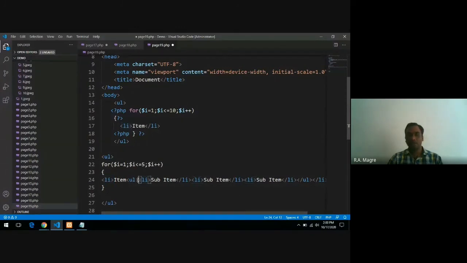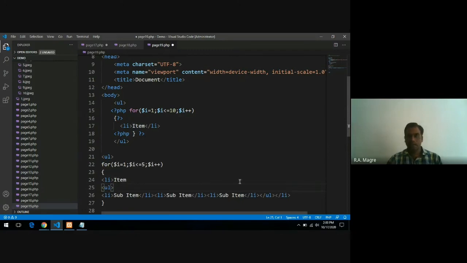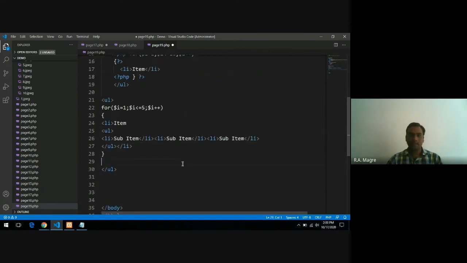Now again here you see the unordered list. This unordered list is printing some sub items, and to print these sub items I will take one more for loop. This unordered list is closing here, and it is printing these 3 sub items, and I want to print the sub items using a for loop.